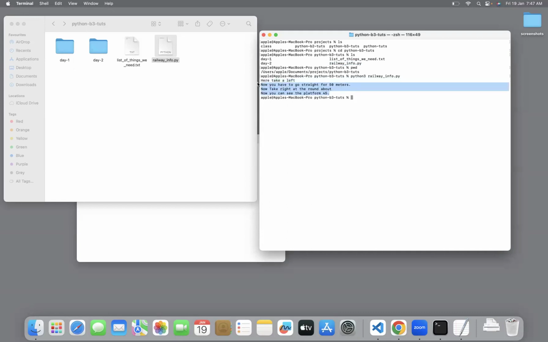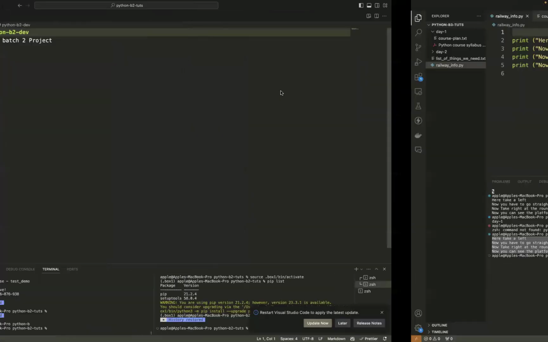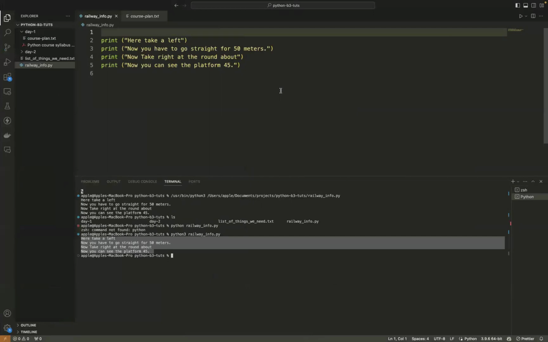I can execute it, or I can run it. When I say execute, I just mean that I'm running the program, whatever I have written. Here, take whatever the contents of my source code are. Right? So we have seen three different ways of running your program. Like this, you can run your source files.